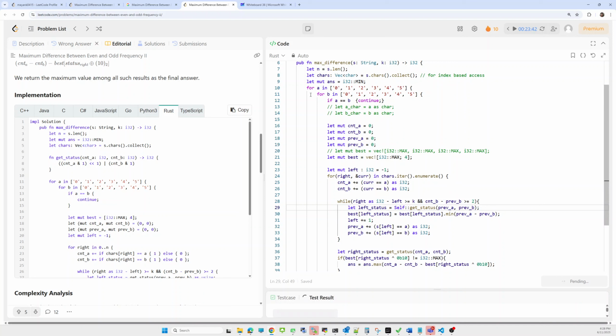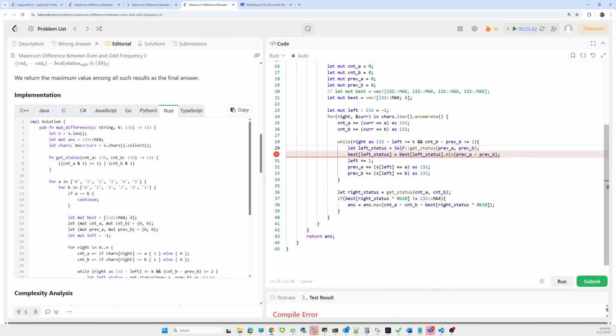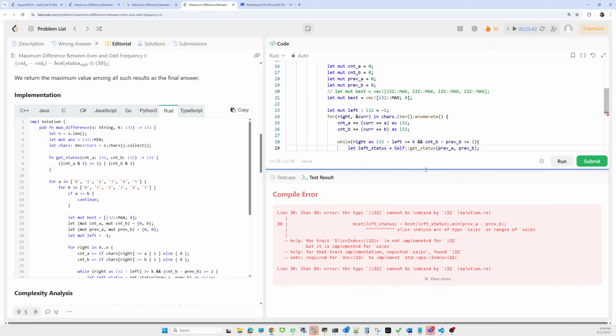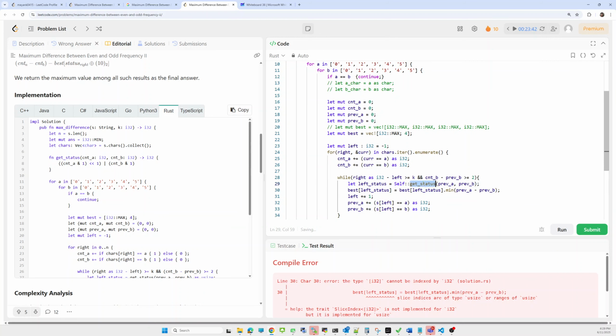I think the same kind of as we are using here as well, the same, but what can all be indexed by i32. Okay, as usize is very difficult. Why is it not? What will be the return type from get status? Okay, instead of updating this one, we'll update the return type from get status.